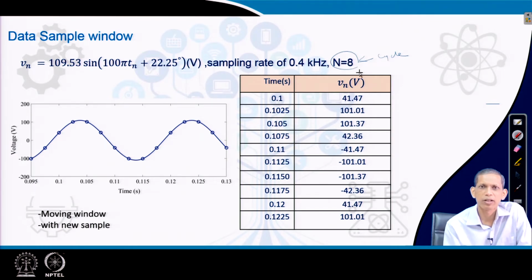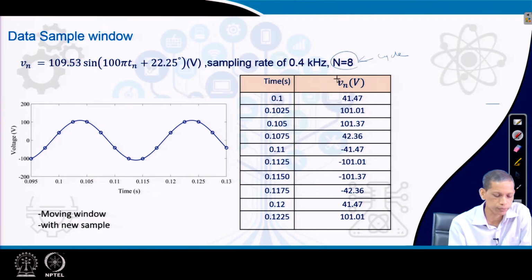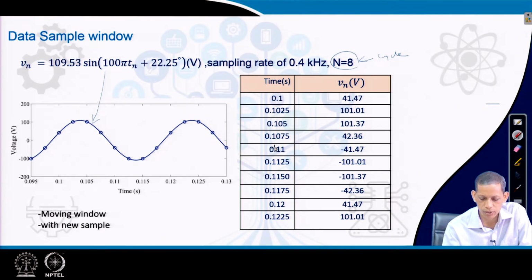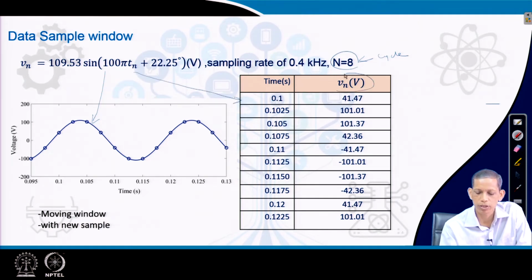So, this is taken simple for the calculation process. However, a typical relay today can take N equals 64 or more, for more accurate and efficient calculations in the relaying process. Here you see the voltage signal which we are getting, and these are the samples, these are the time index T n, and these are the corresponding sample values of the voltage.